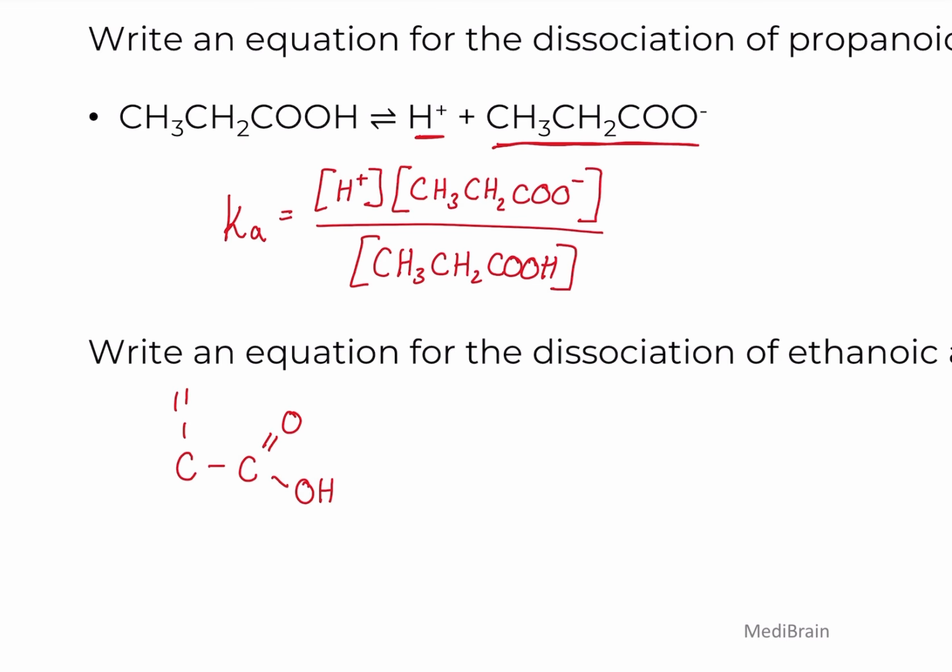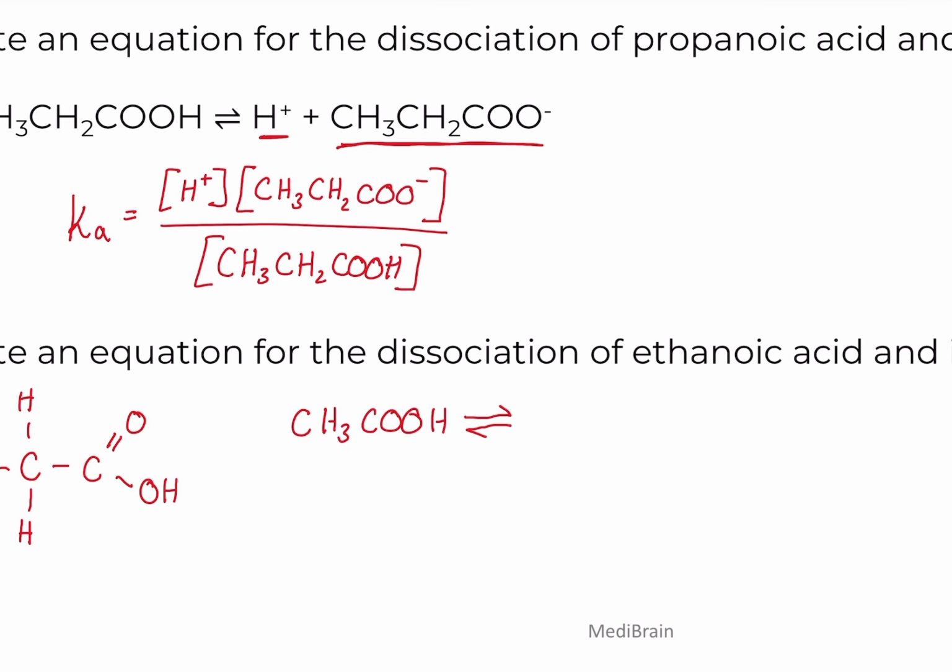Yeah, and then we've got the methyl group, which is over here. So we've got CH3COOH. That's ethanoic acid. Okay, so we've got CH3COOH. Okay, and we've got our reversible reaction, and we're going to dissociate into H plus, because remember we will always